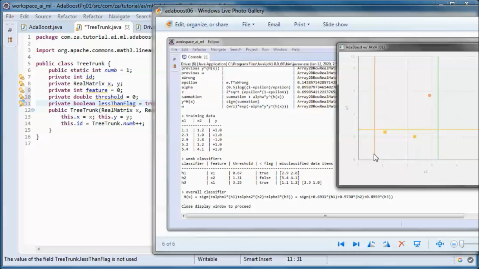So for H1 this is threshold 0.67, and for H2 this is threshold 1.31, etc. And if less than flag is true, for example for this classifier, data items to this side were classified as -1, and to this side as +1. So this data item was misclassified.